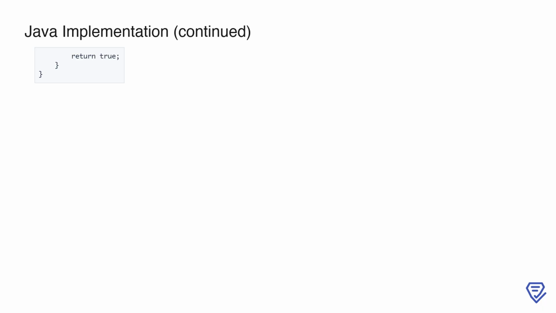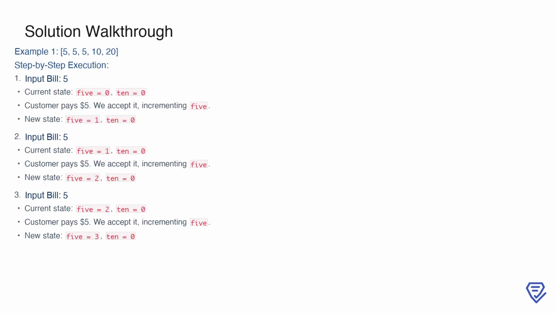The logic here ensures that we prioritize using larger bills as change when possible, which helps us retain smaller bills for future customers. By carefully managing our cash register with this strategy, we maximize our ability to give change in all scenarios. To begin solving the problem, let's walk through example 1 where the input bills are 5, 5, 5,